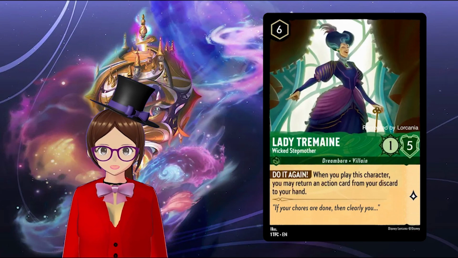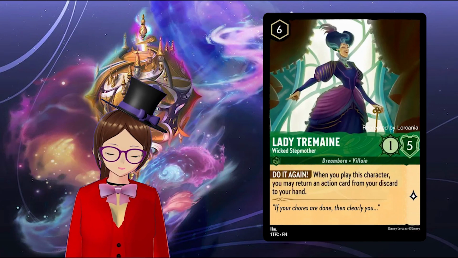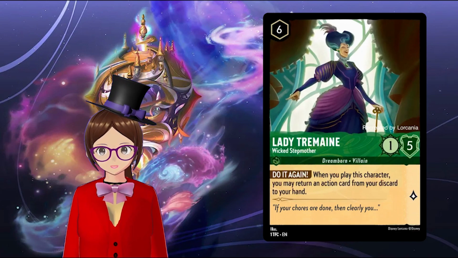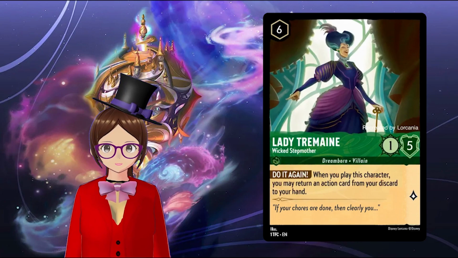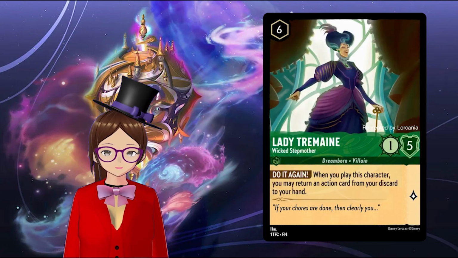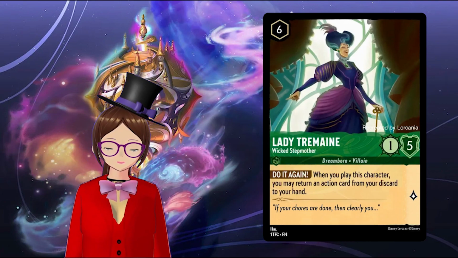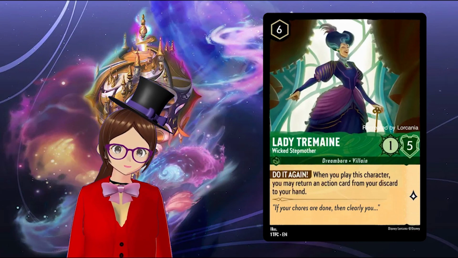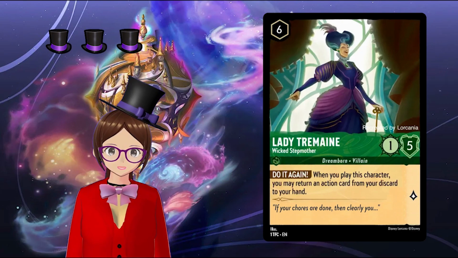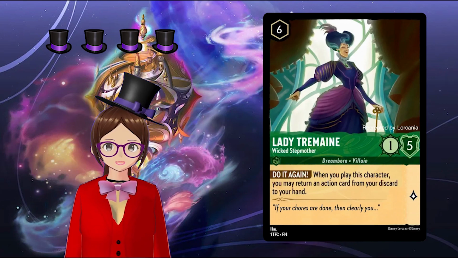But the actions that we have range from draw 2 cards, which is not bad, but it's not what you want to be doing for 6 ink at any given point in time, to something like Let It Go, which is very powerful, but very slow, and you're ramping your opponent. Yeah, she has a lot of hemming and hawing on how good she is. I'm going to end up saying that she is a 4 out of 5, very dubiously,